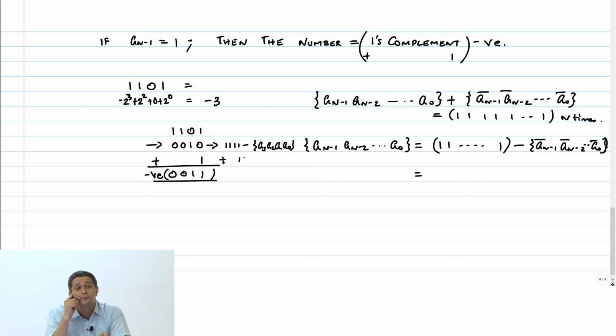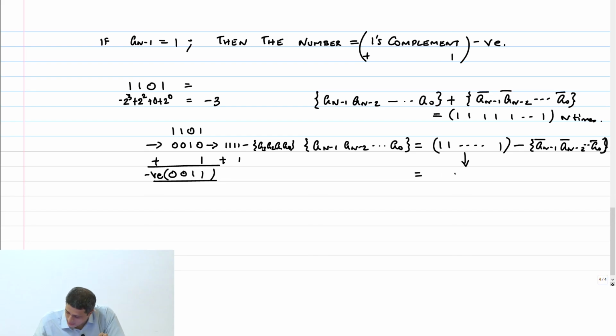You're saying that the all-ones value is nothing but minus 1 in 2's complement representation. Yes, that's right.